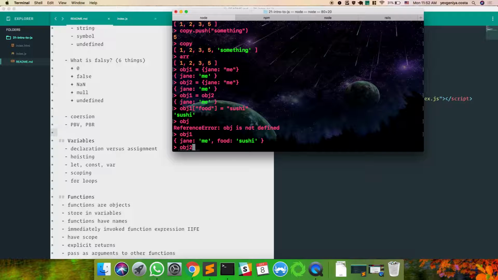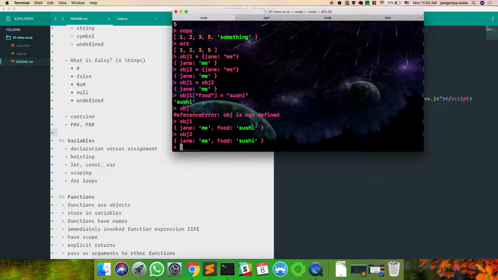Given what we just learned about arrays. Yes? It also has it. Okay. How do we check all the keys in an object? Okay, tell me the syntax, Ruby.